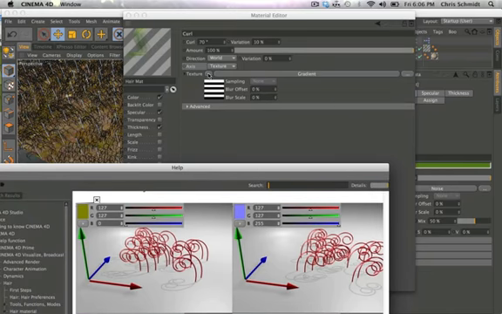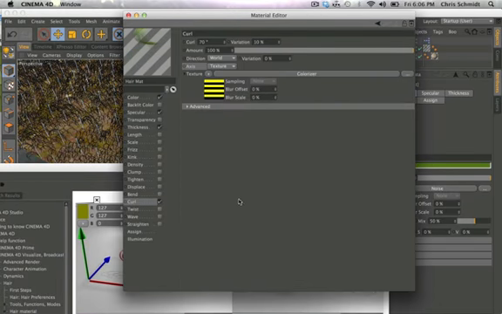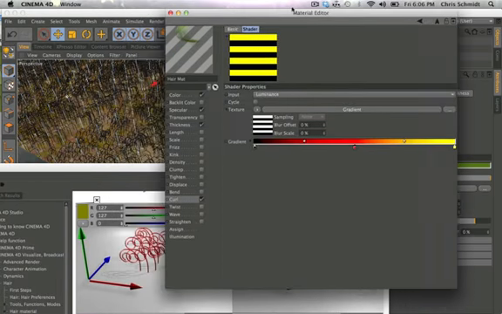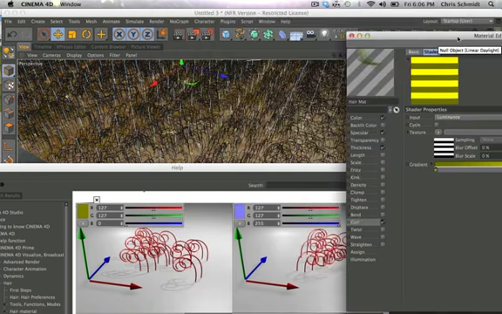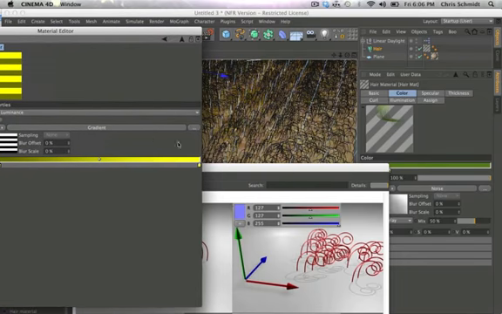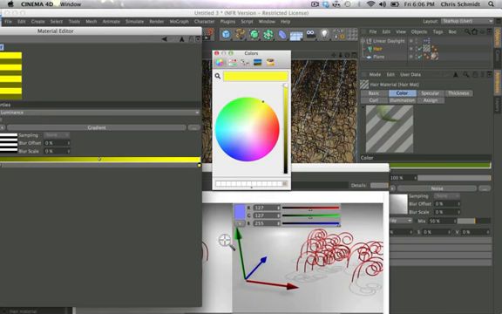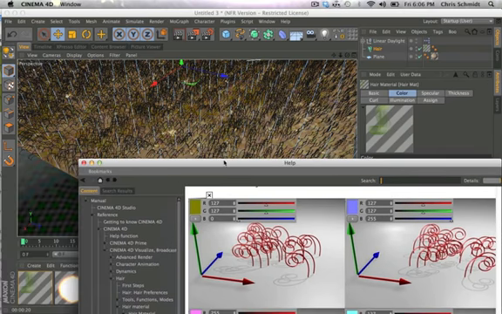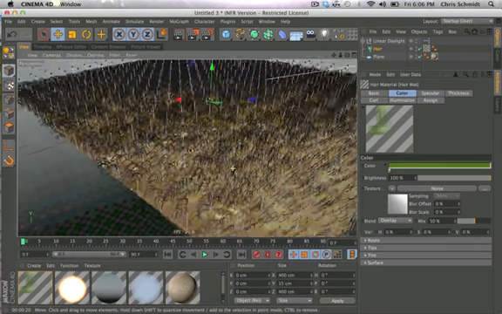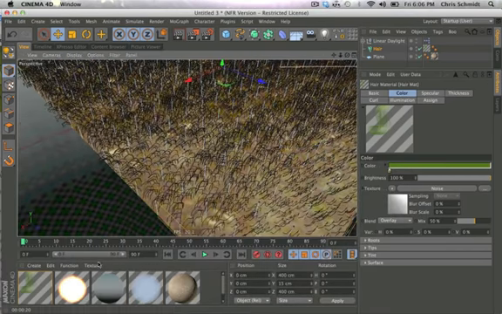So I'm just going to take this gradient, and I'm going to throw it into a colorizer. And inside the colorizer, I can go inside here, yank out this middle dot, don't need it. And now I can grab this one, and I'm going to just grab what they have in the help. And then I got to move this a little bit, maybe over here. And I can grab this yellow one here, and I can grab this blue. And now we have recolored our stripes to these colors. And now we have exactly what they have in the help. And now you see that the grass should be, I do believe,